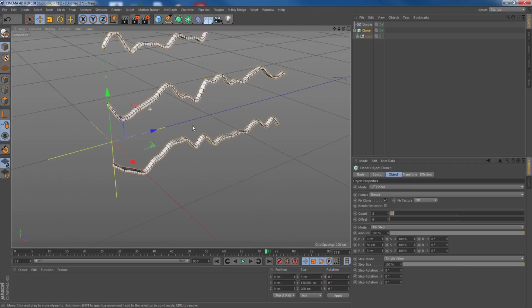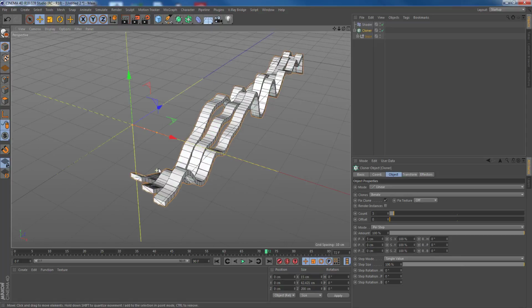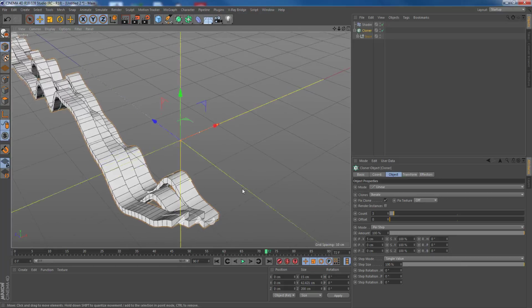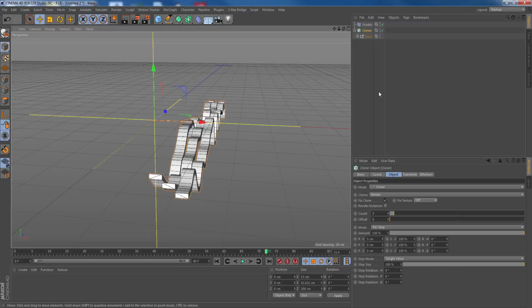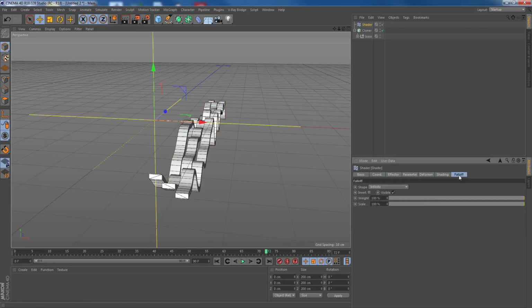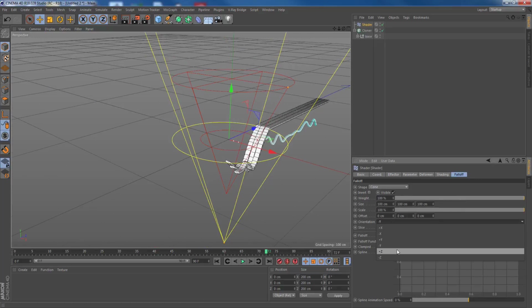Alright, so let's change the direction of the clone. No, not this way. 5. Alright, so here we go. And on the shader, we change the falloff into, that's up to you actually, I choose a cone, and this is to exit,